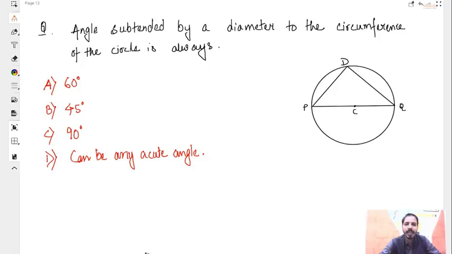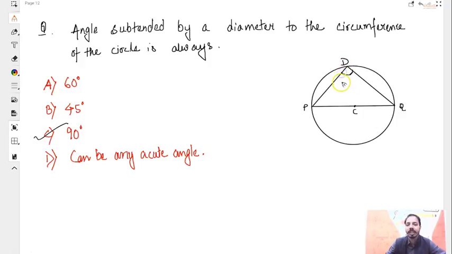Now it says that the angle subtended by a diameter to the circumference of the circle is always... Now let me see how many of you know this property. This is also one of the very important properties. Yeah, very good. I can see a few of you giving me the right answer. So the answer is C. So that means whenever I have a diameter, at that time the angle that it subtends